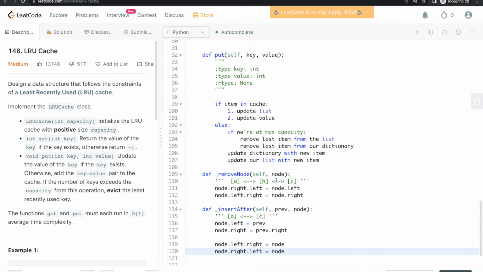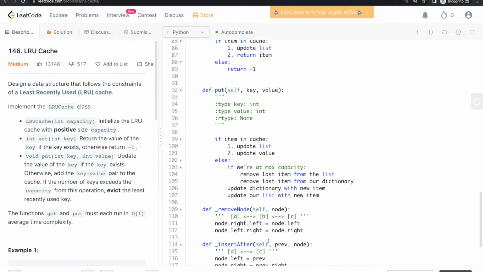The remove node allows you to remove a node somewhere in the middle of a linked list. It can't be at the ends, and that's why we have the head and tail nodes. And then for inserting after, again, it just allows you to insert somewhere in the middle of the list in constant time. And with linked lists, we're just connecting up all the different pointers. Cool. So we have these two helper functions that we're going to use in the rest of our